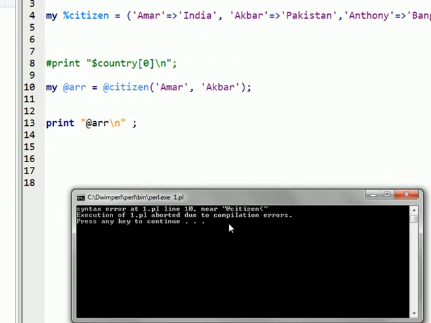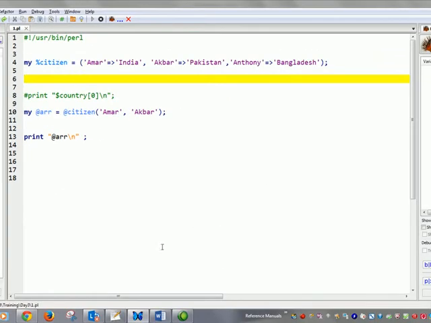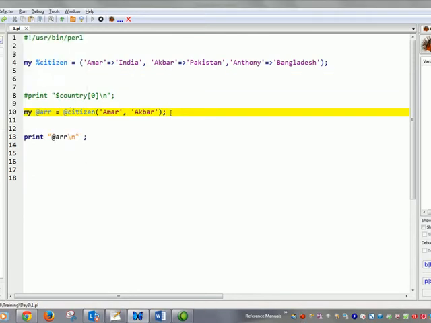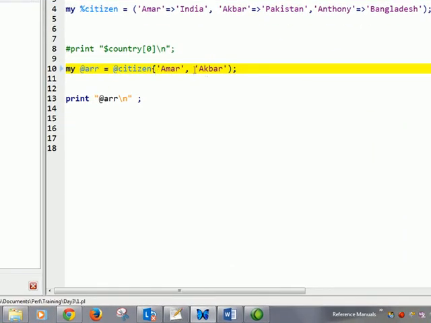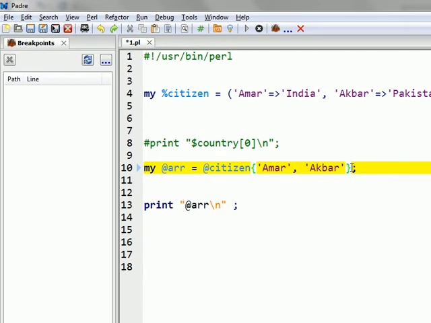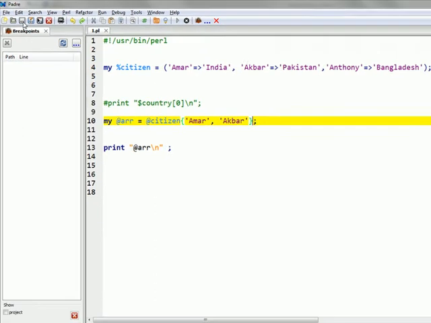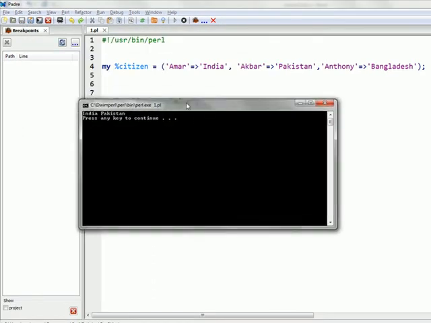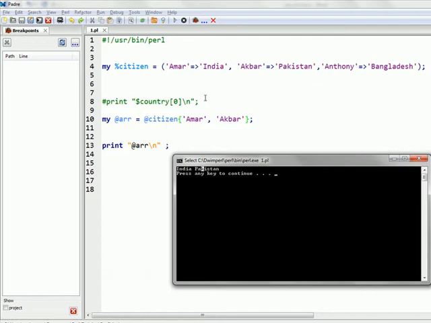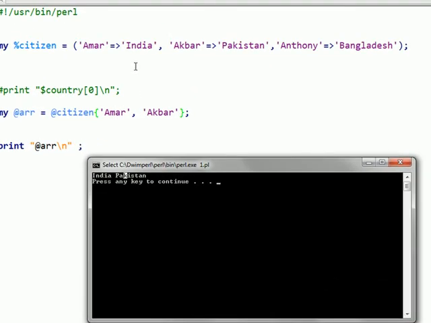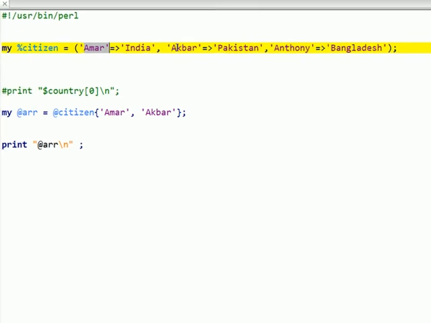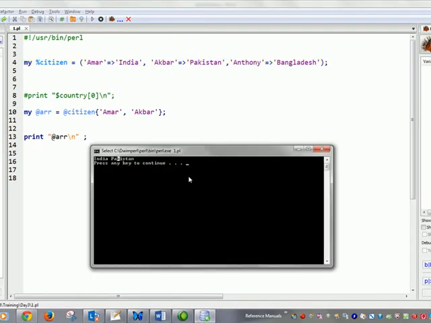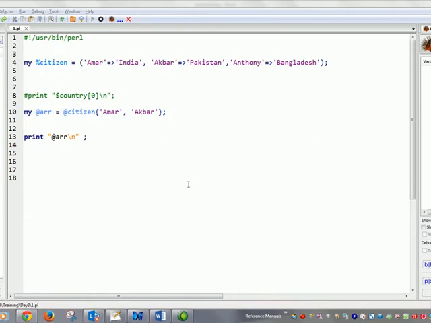Print @citizen. Okay, the mistake is here. When accessing the hashes, we have to access using the curly braces. Save it. When we run it, we effectively printed out India and Pakistan. So this is basically called a slice, because we are taking a few parts of this hash. This is called a hash slice.